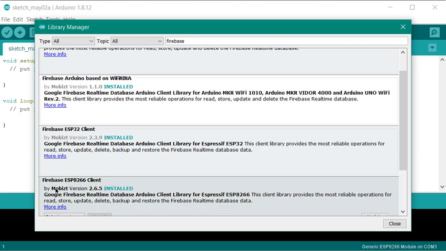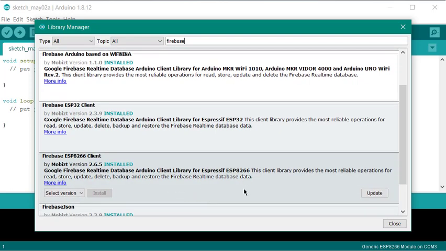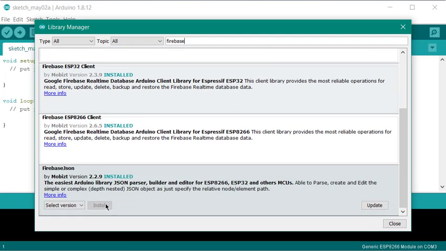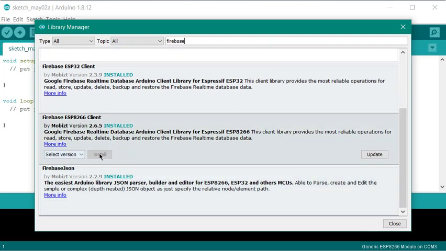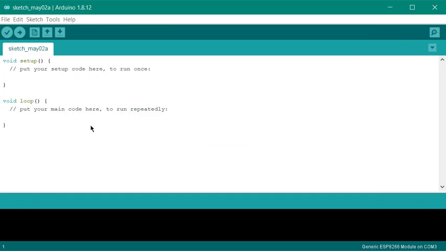Here you will find the Firebase ESP8266 client. Just install it; you will find the install button. Then again restart your IDE. After you restart it, you will be able to code your ESP8266 and Firebase also. So this setup is done.